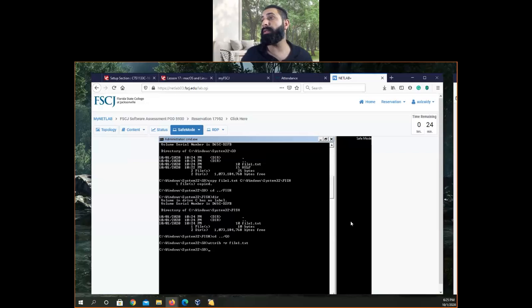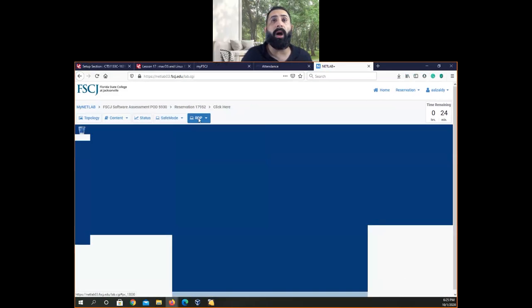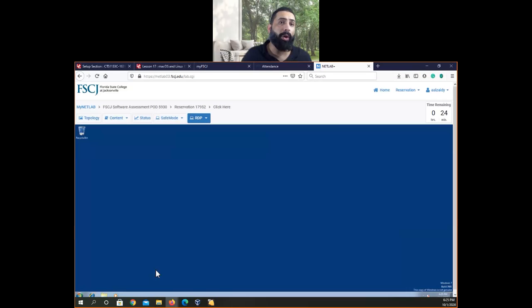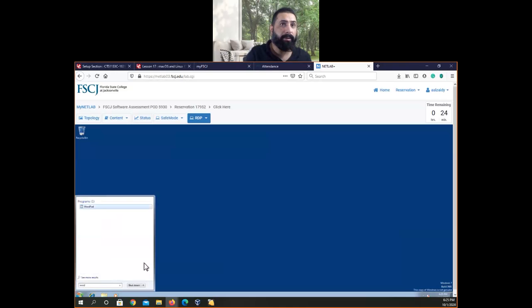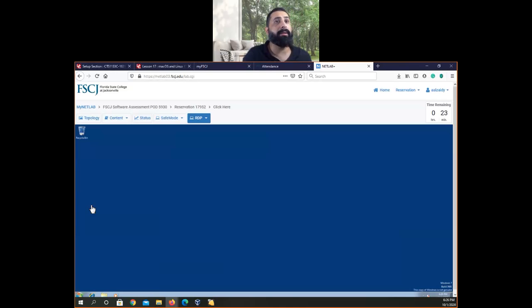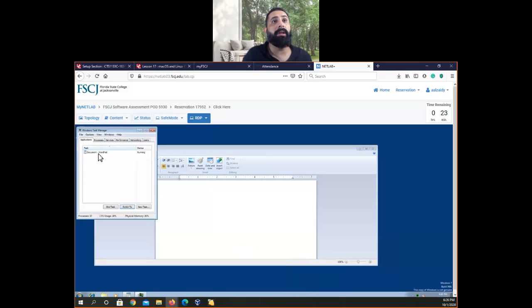Good? Questions? Now, after you complete, you should go to the other machine and start WordPad. Use the task manager to stop the application. So you should go to the other machine, call WordPad and run it, then right click, start task manager.